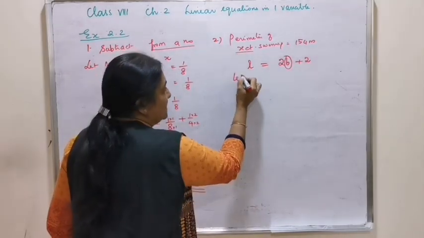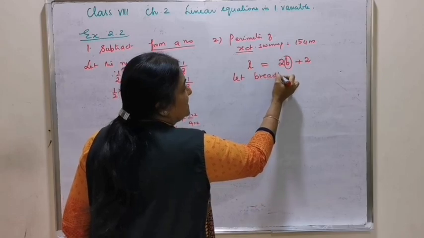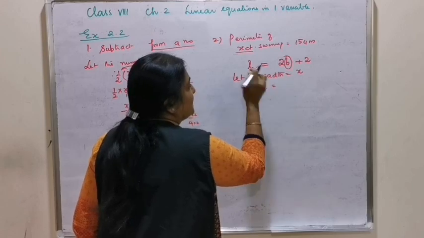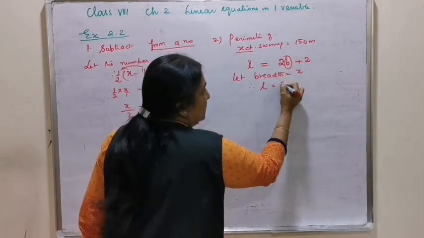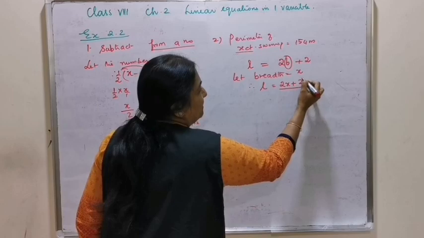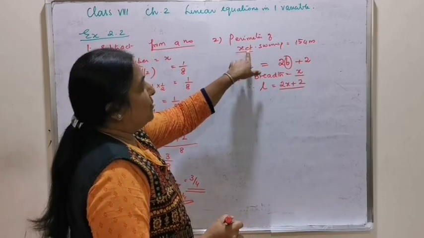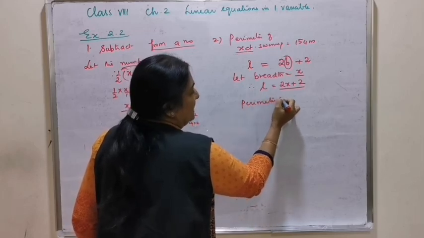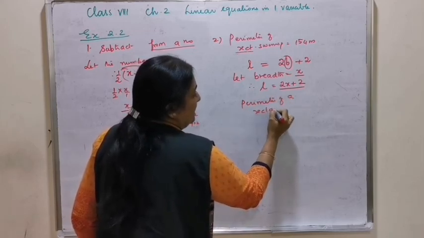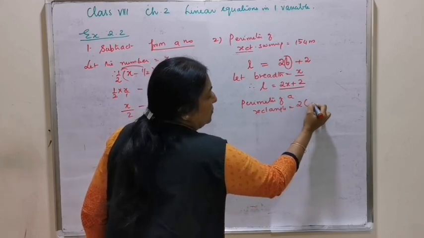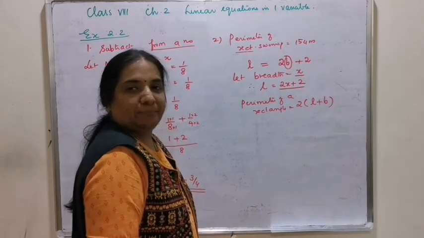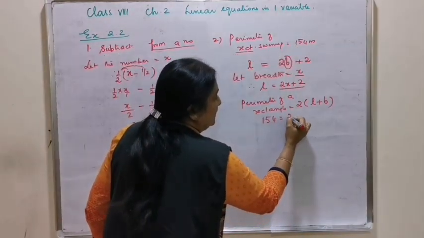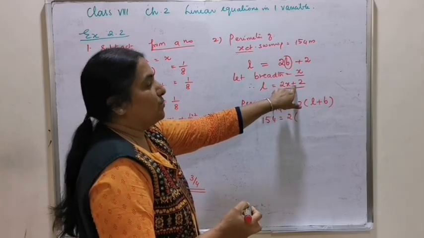Therefore, let the breadth be equal to x. Therefore, length is equal to, substitute, 2x plus 2. What is the formula for the perimeter of a rectangle? Perimeter of a rectangle is equal to 2 into (L plus B). Perimeter is 154. 154 is equal to 2 into (length is 2x plus 2